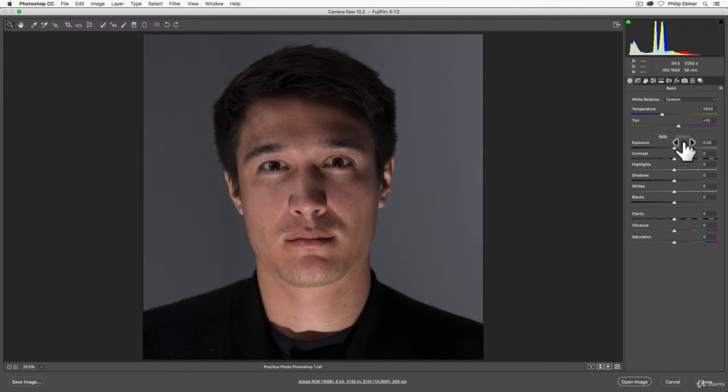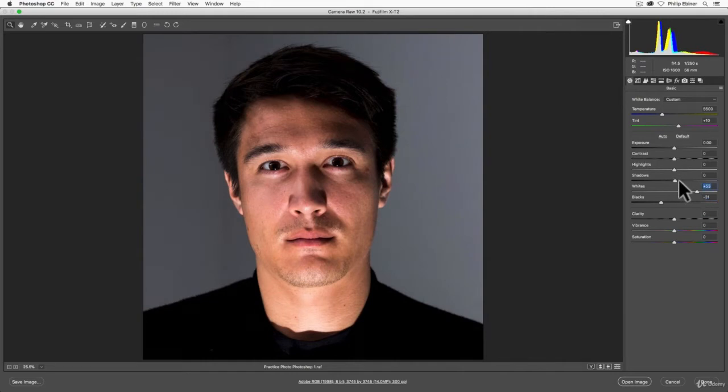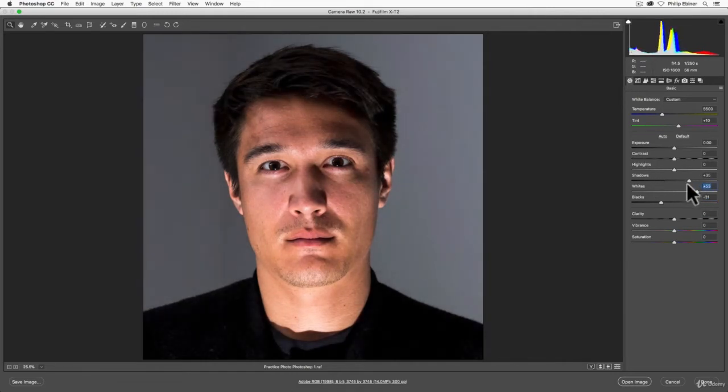So with this one, I do want to be a little creative with it. So add some more contrast to it, make the blacks a little bit darker, the whites a little bit whiter. Shadows, we'll bring up the shadows just to get a little bit of detail back in the hair. The highlights, I'll bring down. I can either bring the highlights up and the whites down, or the highlights down and the whites up. I think with the whites up and the highlights down, it looks a little bit more contrasty the way that